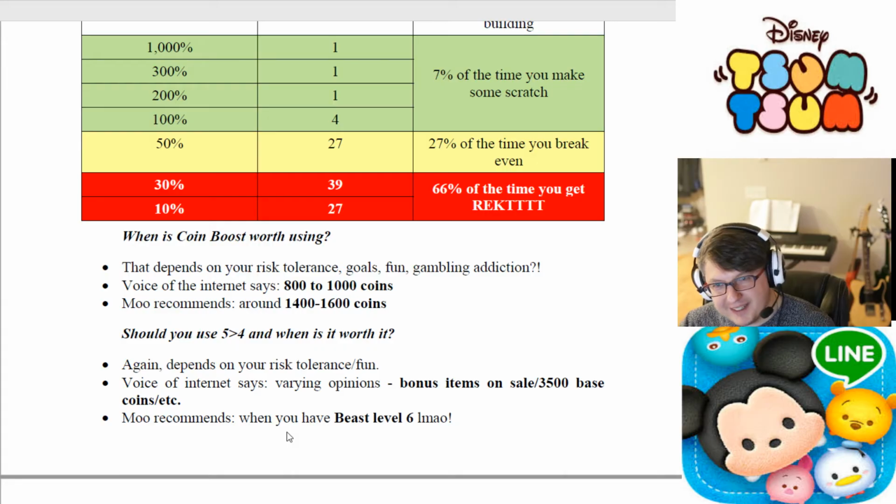But according to the internet, it's a good idea to start using it when you can earn 800 to 1,000 coins without any other boosters, so just the base 1 heart to 1 game transaction. And that brings up another point. If you are not actively involved in trading hearts and or buying rubies because you're filthy stinking rich,